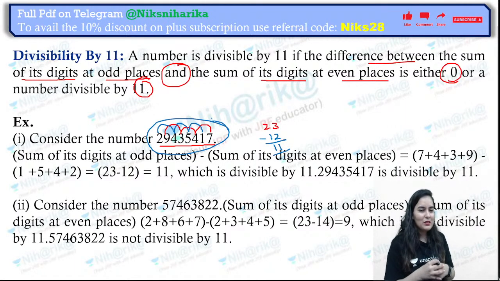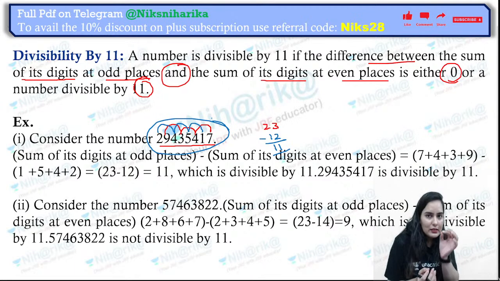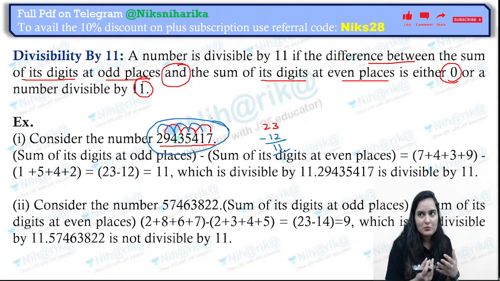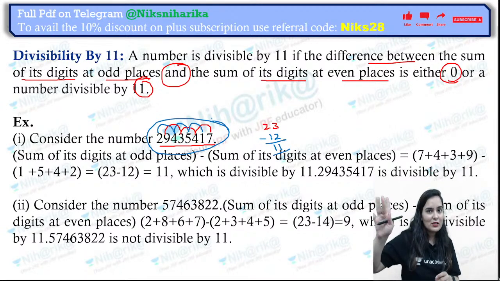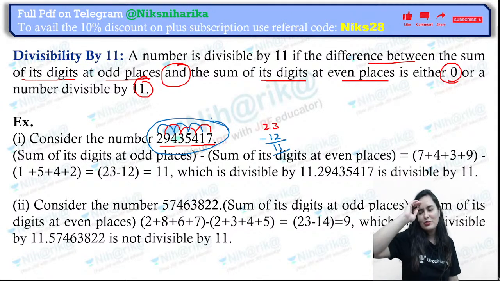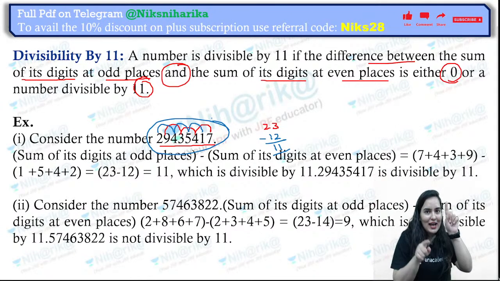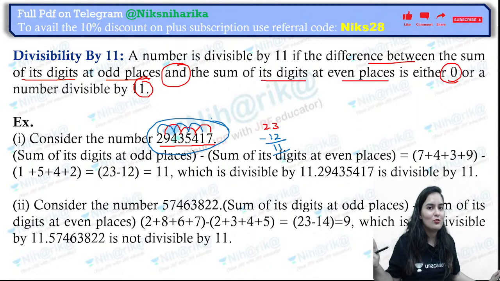Now, you might be thinking, but this is a long process. How will we even get to know? See, it's definitely a little bit long till the time we practice, but it's so much better than solving it again and again and struggling with the 2 table, 3 table, 5 table, 7 table, then 11 table, then 13 table, then 15, 17. We reach so far. So instead of that, just quickly add the alternate numbers and check. Divisible by 11? No. Then no need to divide and do trial and error. No need to remember those tables.